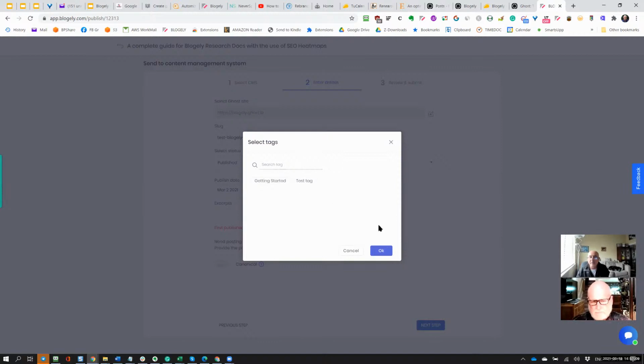You're not able to create tags here. Those tags have to be done in Ghost. Luckily, you're not supposed to use a thousand tags. You create only the few tags that you need, and then you can just select them every time you publish. So let me now publish. I'm going to use my tag that I created